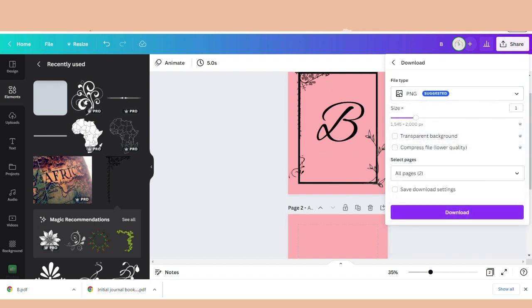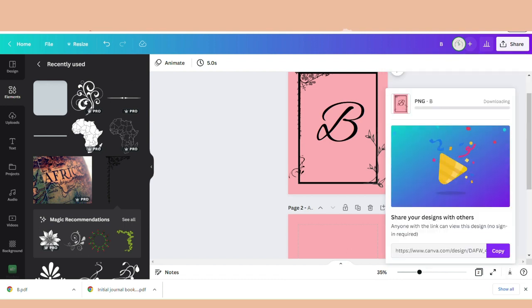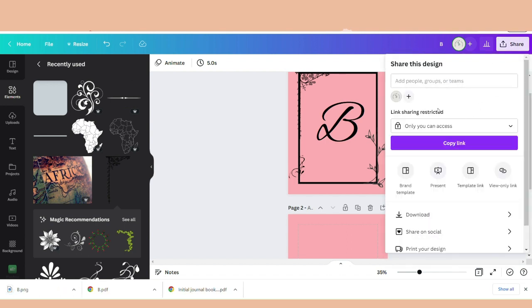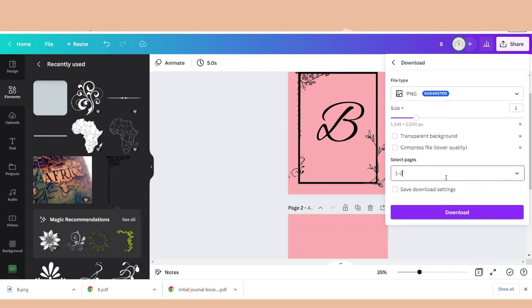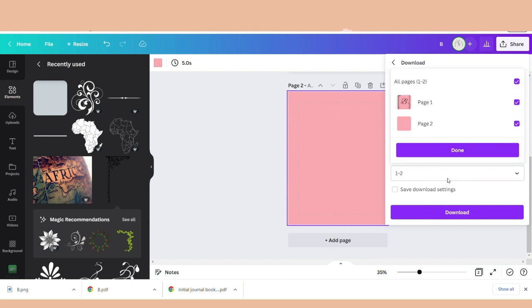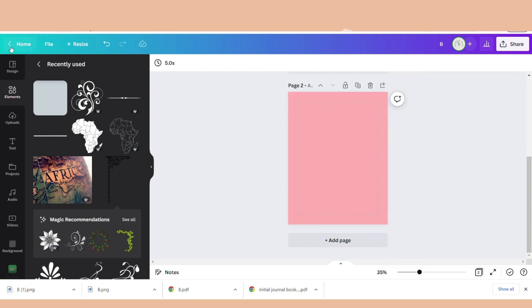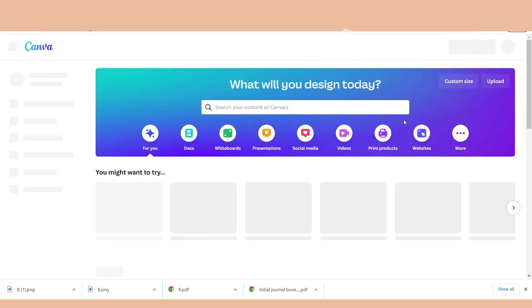Here we want to download a PNG of the cover. So I'm going to download one by one. You can download both of them, and you will have to unzip the file later, but I don't want to do that, so I'm going to go with, let me download the second page there. So now that we have our half cover, we're going to go back home, and now we are going